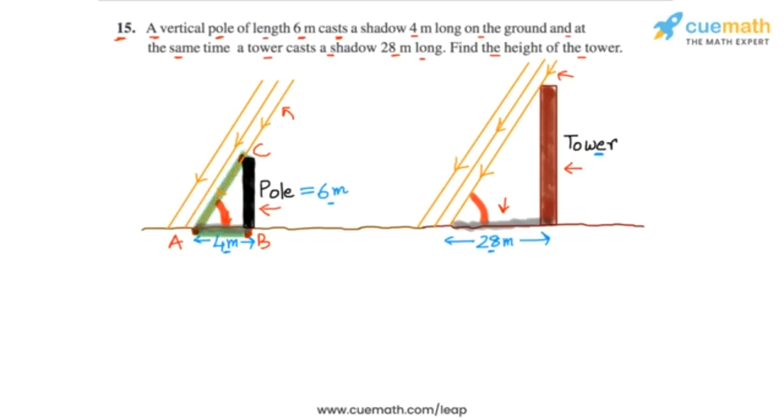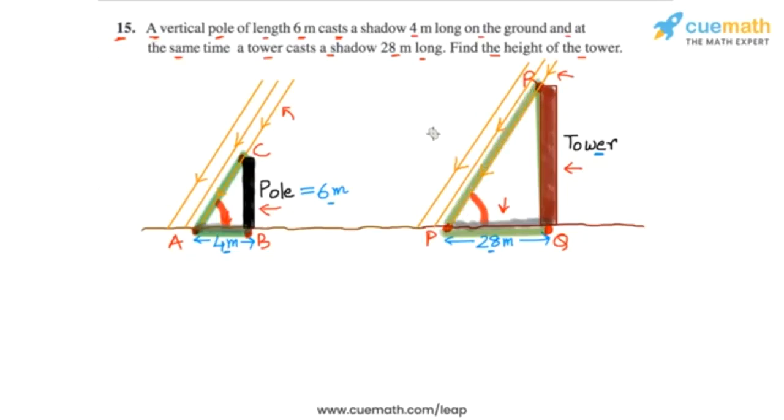And similarly, if you consider the triangle that's formed by the top of the tower, which is this point here, the foot of the tower, which is this point here, and the tip of the tower's shadow, which is this point here, these 3 points also form a right angle triangle. So let's call these 3 points P, Q, R. So PQR also forms a right angled triangle, and let me highlight that as well. So PQR is also a right angled triangle.